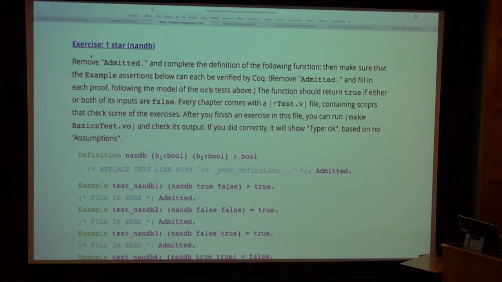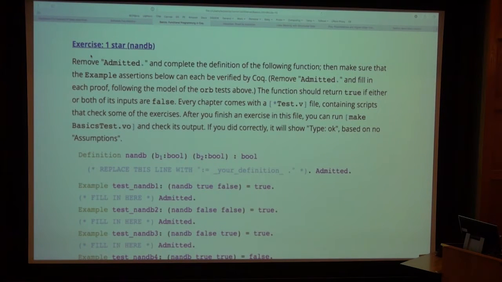By the way, the files that we distribute also include so-called tester files, and there isn't really any strong need for you to use them. We use them mainly in courses where we're grading homework assignments based on Software Foundations. We use the test files to do the grading ourselves automatically on the things that students submit.